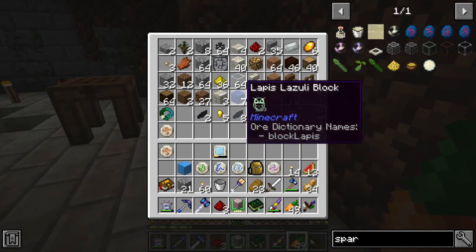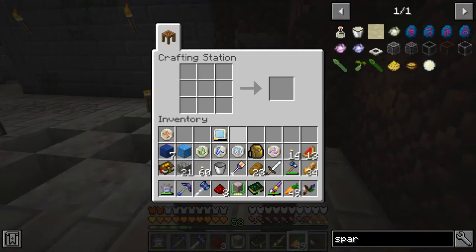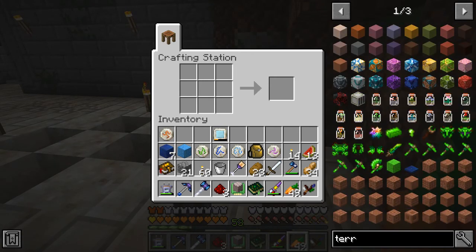And then there's a block of mana steel. We're going to need those. So let me go ahead and just click this into the table here, like so. And so there's that. Now the next thing we need...